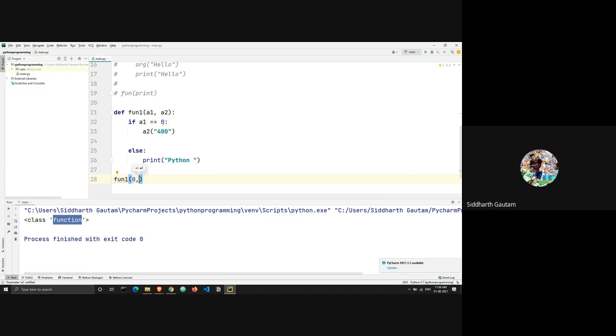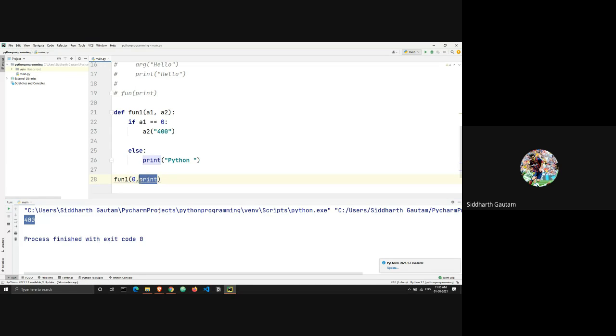Since a1 is equal to 0, our a2 function is going to execute, but we haven't defined an a2 function yet, which means we have to enter the value of a2 as a predefined function. We have already seen that we can write print here, and this will work. We run this, and it gets us an output of 400.